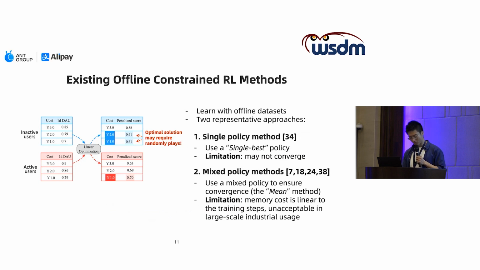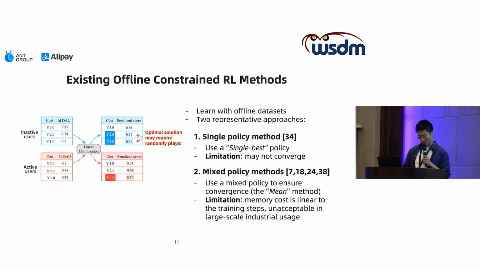Though it empirically performs well, it may not converge, as shown in this left example. The other approach uses a mixed policy, which contains multiple individual policies. By storing multiple individual policies and randomly choosing one of them, this method ensures convergence. However, directly implementing such a method requires a memory cost that is linear in the training steps, which is unacceptably high in